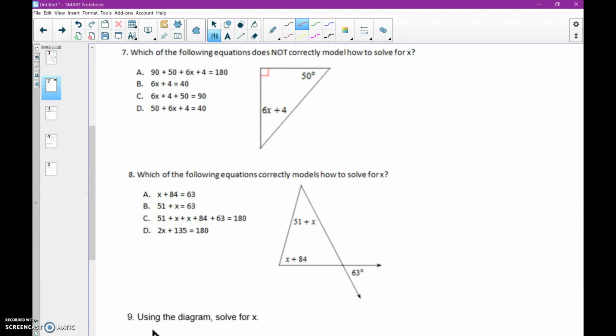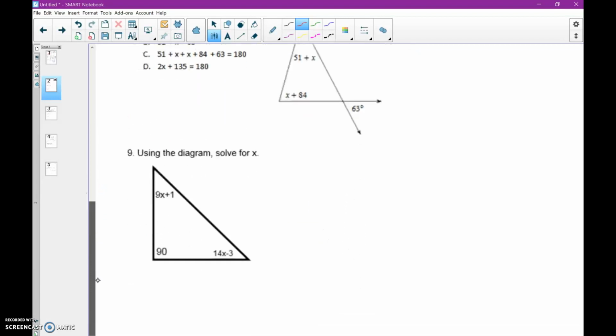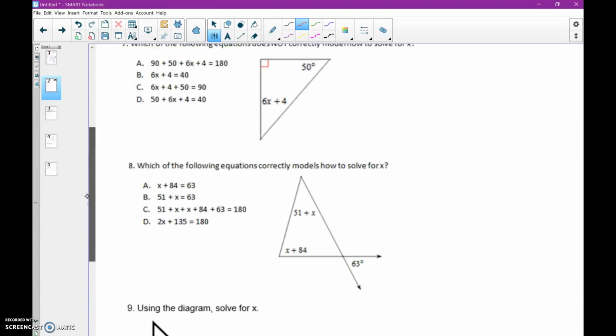Hello everyone, so this video is going to go over numbers 7, 8, and 9 from the version A CBA review that we've been working on. They're all very closely tied together because they all go over a super important piece of information about triangles, which